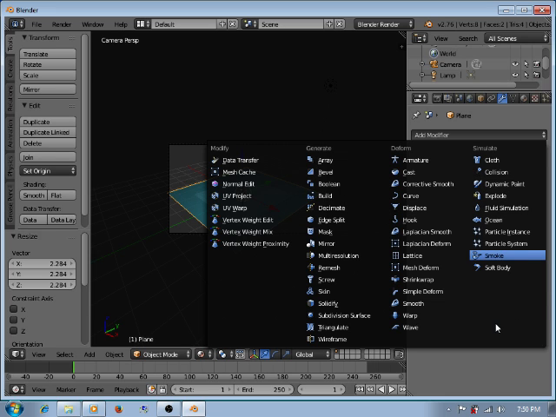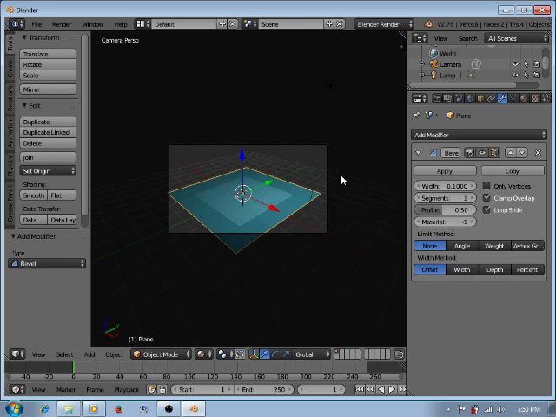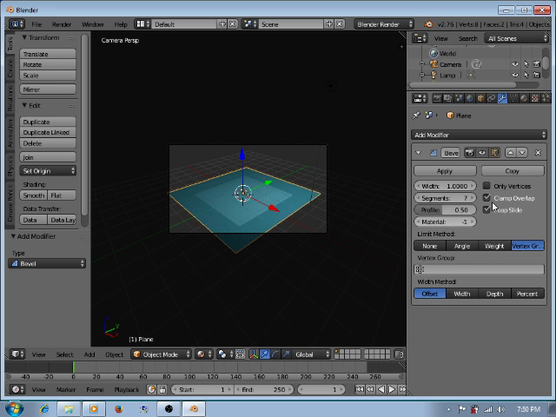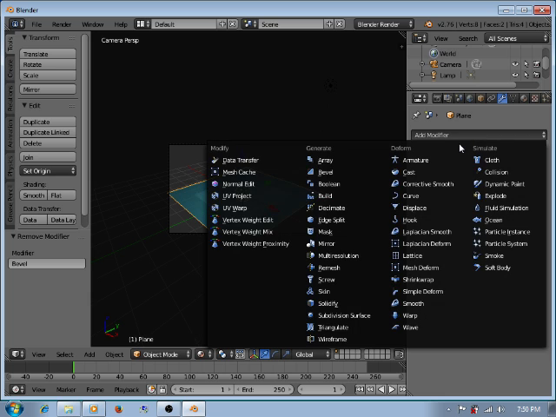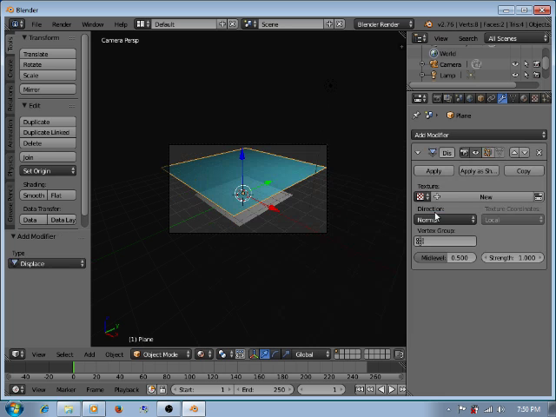Bevel? I don't know, there's a thing, I can't remember where it's displaced, that's what it was.